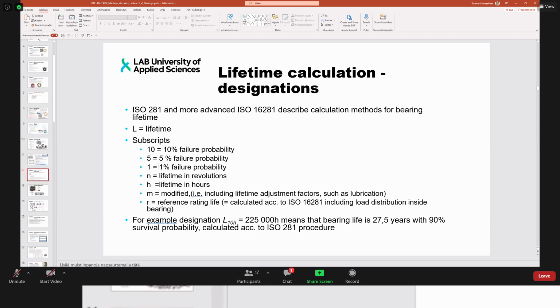So, about the lifetime calculations for the bearings, which is, I would say, the basic thing for an engineer to understand and to perform for a bearing assembly when designing a machine or component of a machine which contains bearings. You would need to check at least some of the characteristics of the bearings against lifetime. And there's a standard ISO 281 and, further on, the more advanced ISO 16281, which describe the calculation method for bearing